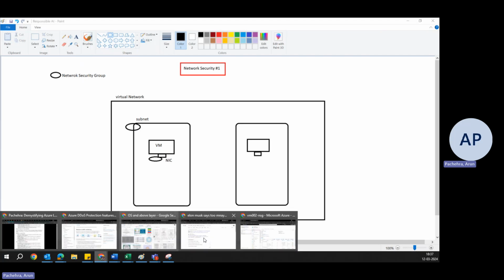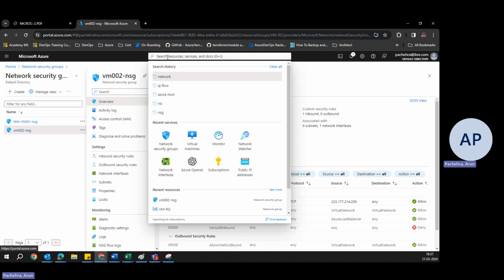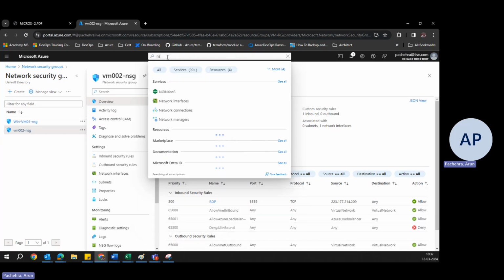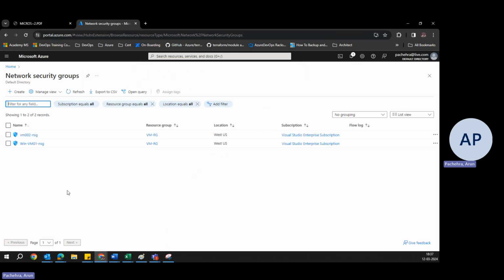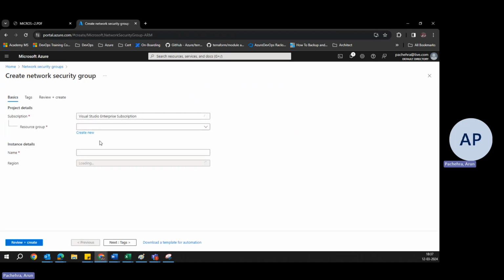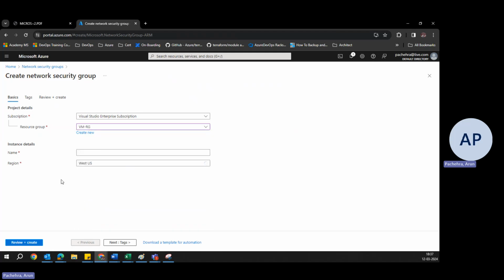Let's quickly go ahead and create one and see. So let's go to the search bar, type NSG, and you will find Network Security Groups. This is the very first resource in network security. Click on create. Just like any other resource that we create, it will simply ask us to choose the resource group or create one. Give it a name. We are calling it my NSG001, and create it in the